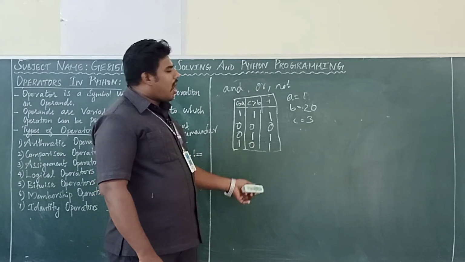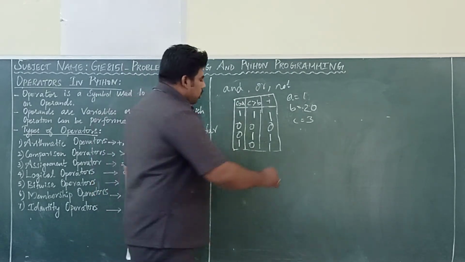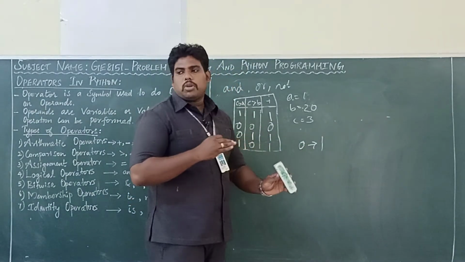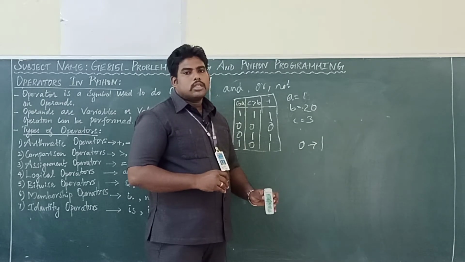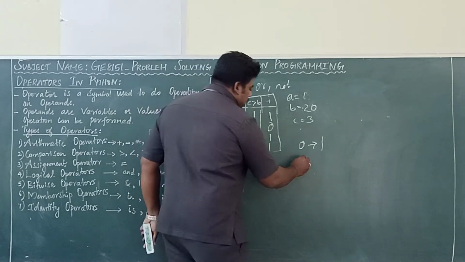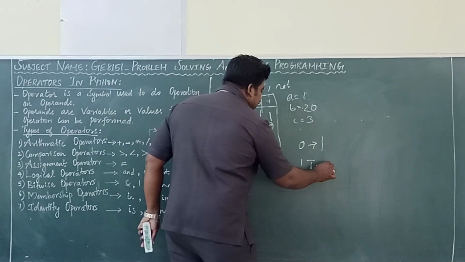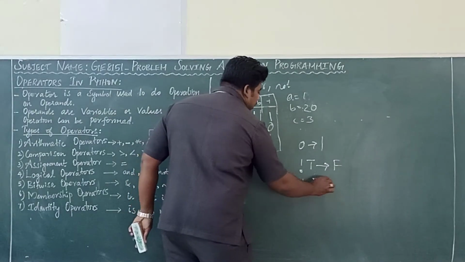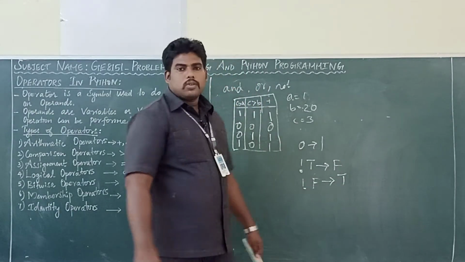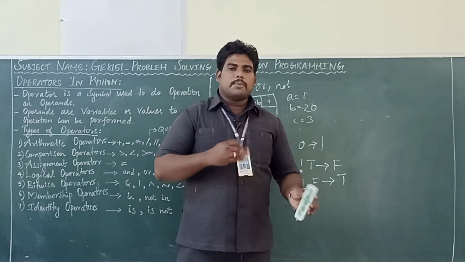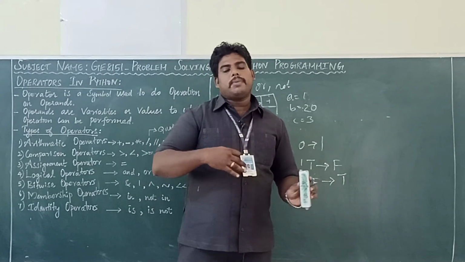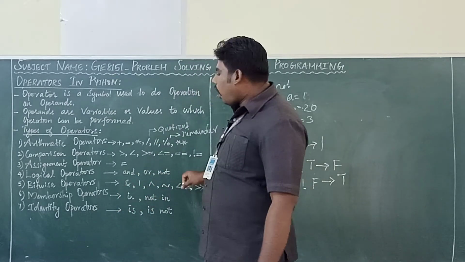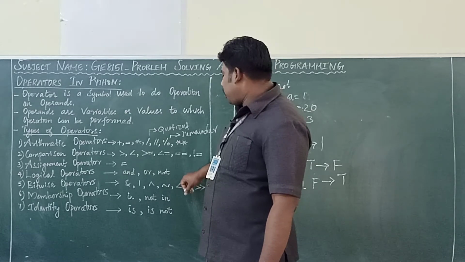Then what is logical NOT? NOT is nothing but if 0 is there, your answer will be 1. You have to put opposite things. If it is not of true, it is false. Not of false, it is true. Not is to represent the opposite. Depending upon the input, you have to change. Here it is 1 means there it is 0. Here it is 0 means there it is 1. So these are the 3 logical operators present in your Python program.